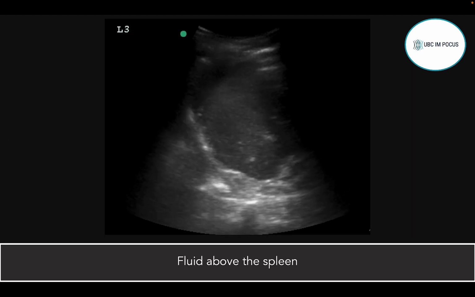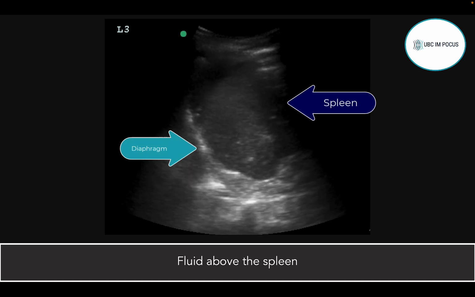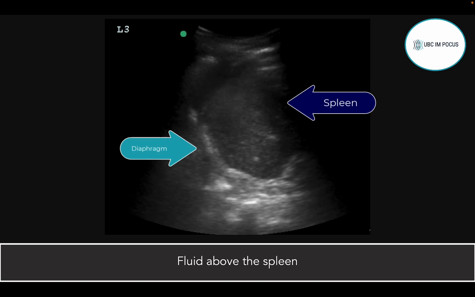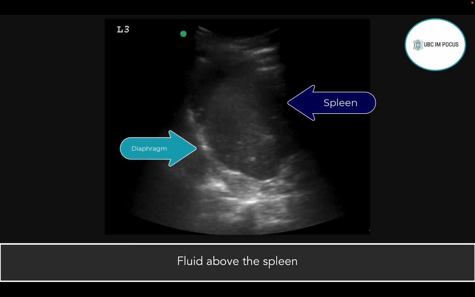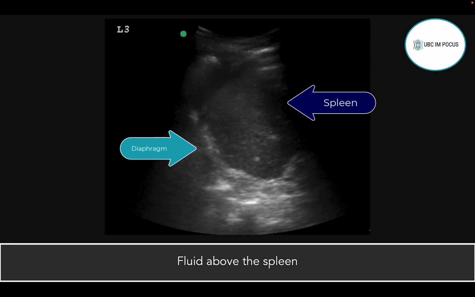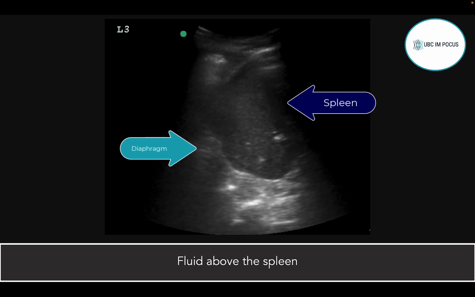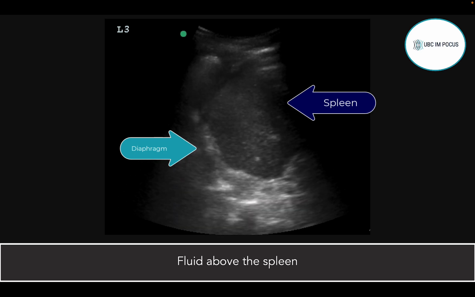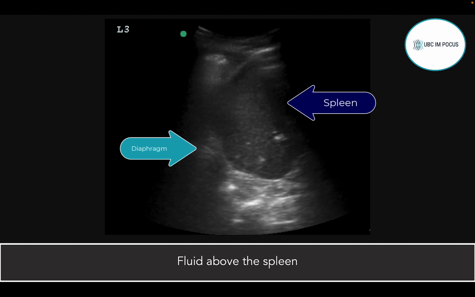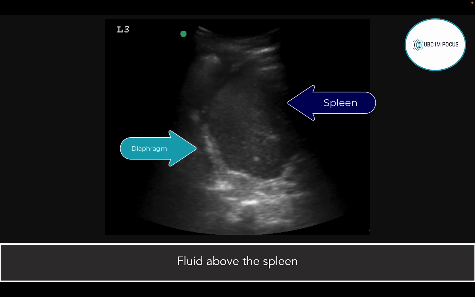Here we are in the left upper quadrant. So we mentioned the 3 spots that you want to look for fluid on the right side as being the hepatorenal interface, the inferior pole of the right kidney, and the inferior tip of the liver. On the left side, our 3 spots are the inferior pole of the left kidney, the splenorenal interface, and then above the spleen. So on the left, fluid particularly likes to hide above the spleen, so between spleen and diaphragm,